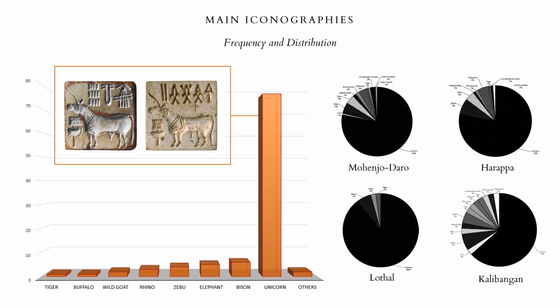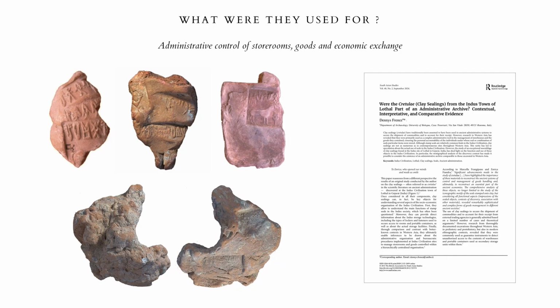Despite the large number of seals discovered at Indus civilization sites, their function has long been debated. The number of clay sealings, which are impressions of seals made on clay lumps to close doors and containers for administrative purposes, is, in fact, much lower than expected if we compare the Indus civilization with contemporaneous contexts in Western Asia, where clay sealings are found by the thousands. Instead, we have only a couple of hundred clay sealings in the entire greater Indus Valley. This disproportion has led scholars to speculate widely.